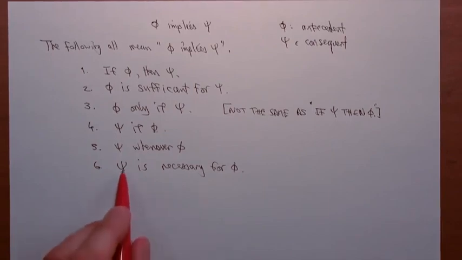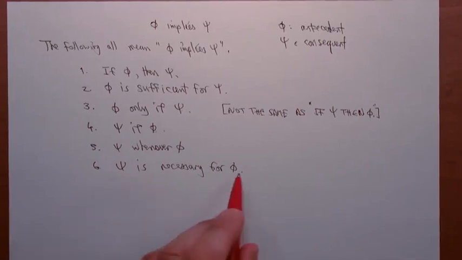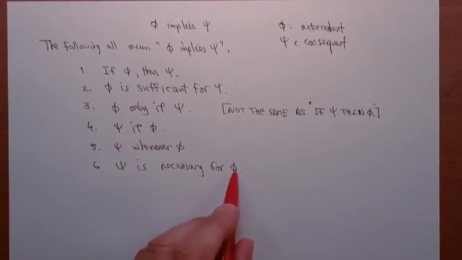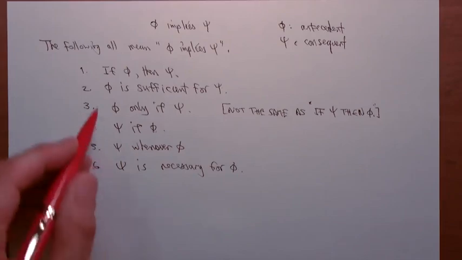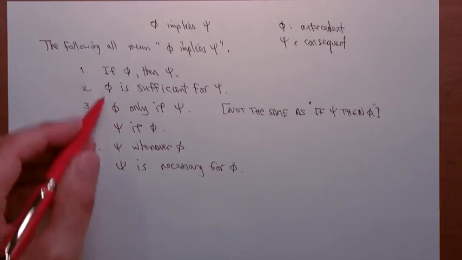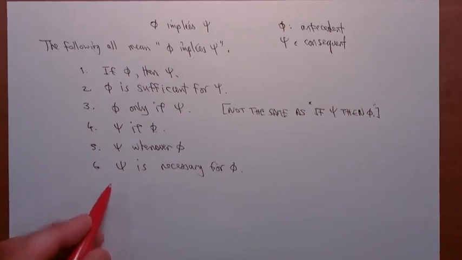In order to ride in the Tour de France, it's necessary that you have a bicycle. It's not sufficient that you have a bicycle. To ride in the Tour de France, it's necessary that you have a bicycle, but it's not sufficient that you have a bicycle. That's the example that I would use for all of these, but you can pick your own favourite example to